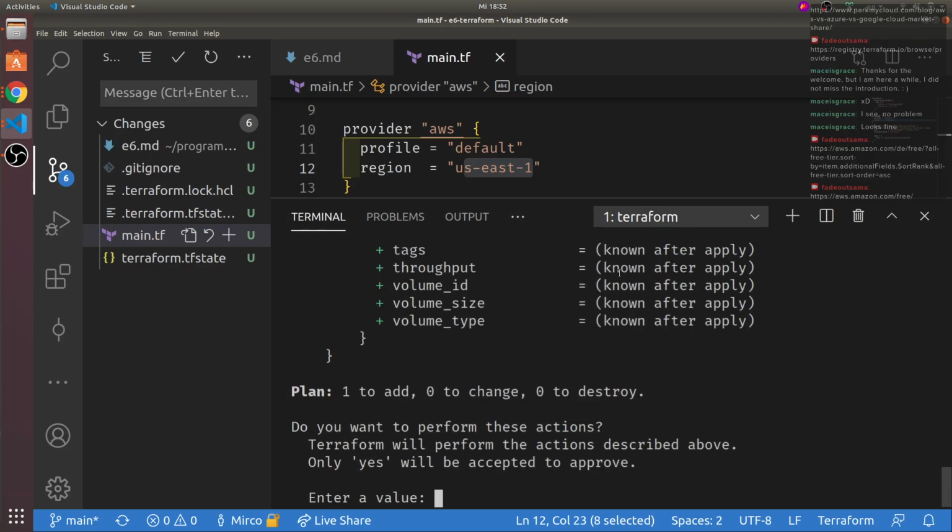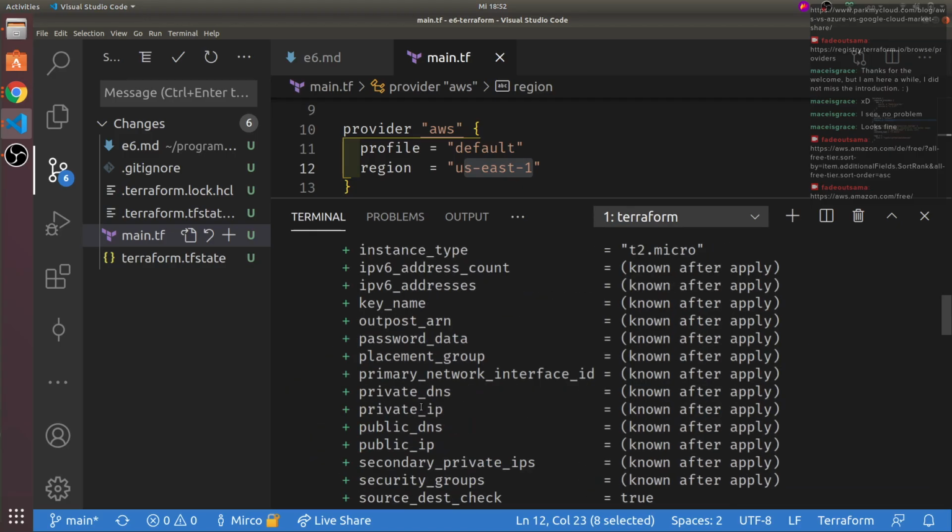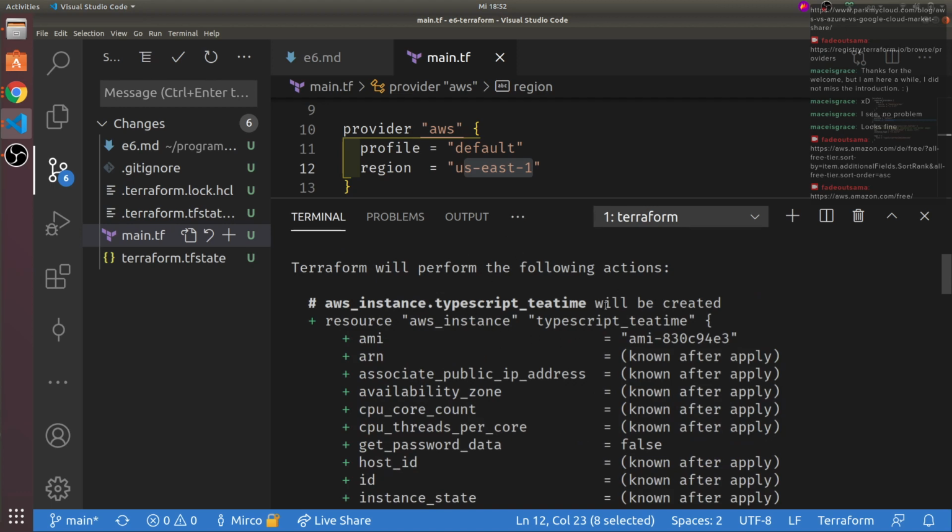So usually there's also a plan. And the good thing is, until we type yes into it and approve our changes, this is essentially running plan. And it tells us what it will do. So everything with a plus it will create.